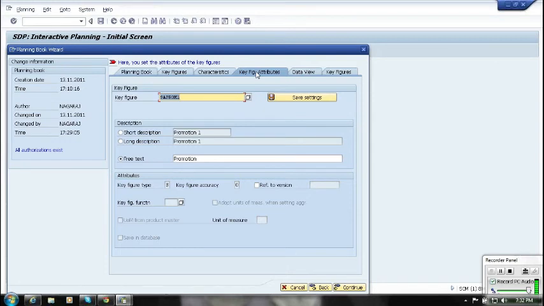These key figures' data will not be stored in the live cache, only in APO, in interactive planning, like our macros. If you want to temporarily calculate some value, it will appear here. But really, the data will not be stored in the live cache. So those we call technically auxiliary key figures.